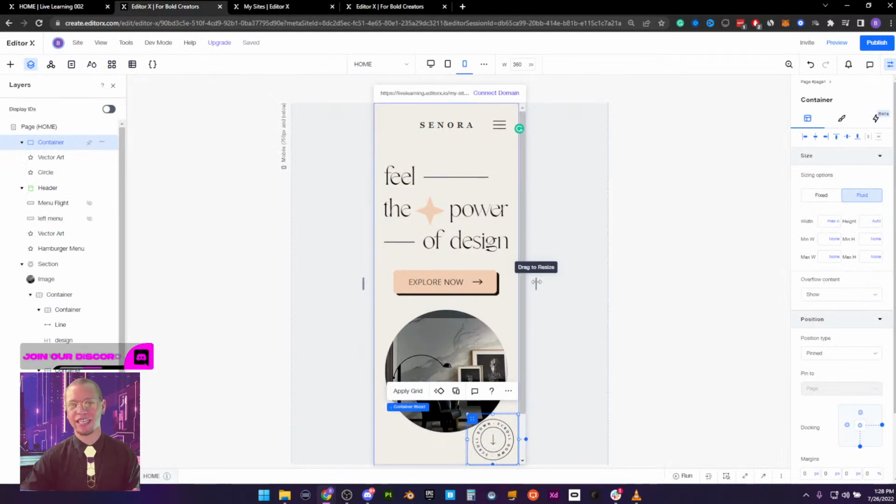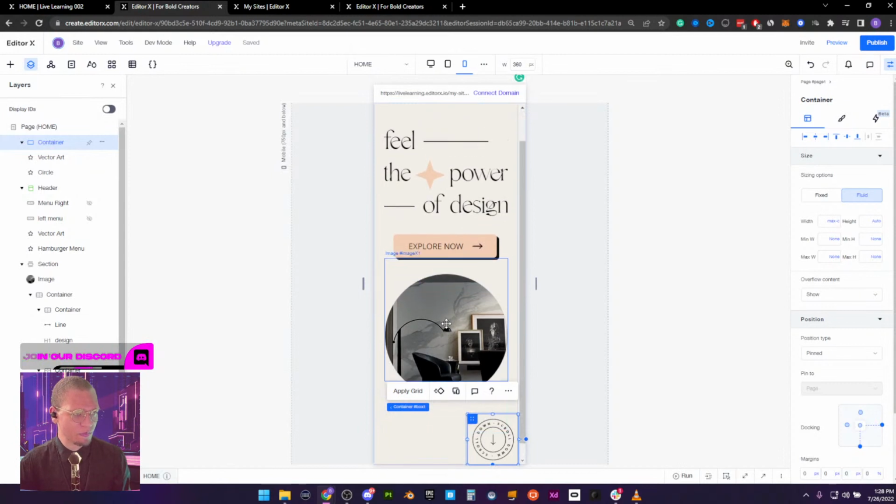But if you are interested in actually designing and pressing a button and having everything that you've designed upload to EditorX, there is an EditorX Figma plugin where you can design your mobile, tablet, and desktop versions of your site, hit a button, and all of that gets uploaded, and you just have to deal with the responsive behaviors that you want for your website, changing percentages and things like that. But it's a very smooth landing from Figma to EditorX, if that's something you want to try.